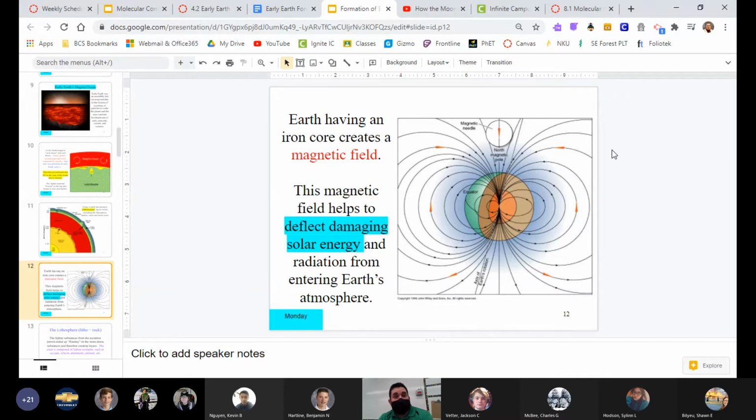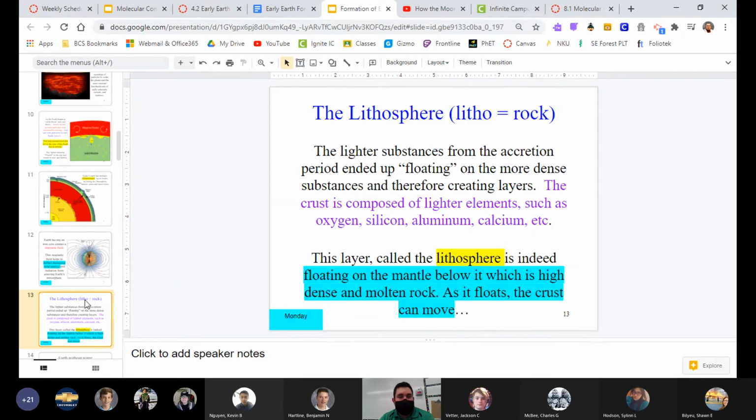And then when it lost its magnetic field, it lost its atmosphere, it lost its water, lost anything that might have been growing on it. So the magnetic field is probably the most important thing that we have to protect life on Earth. And so we're thankful that there is a lot of iron in that core to produce that.